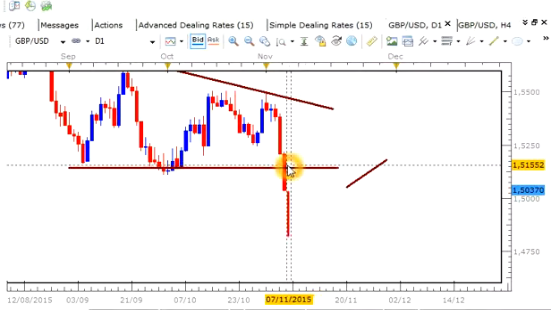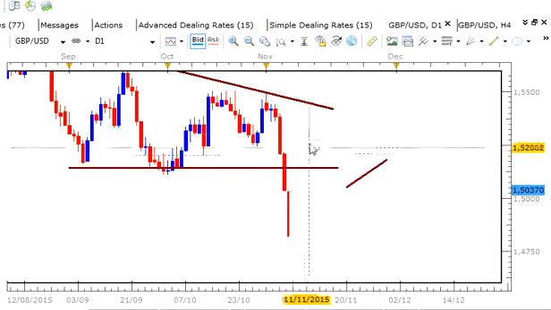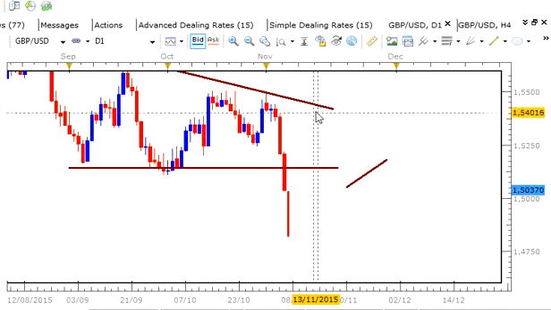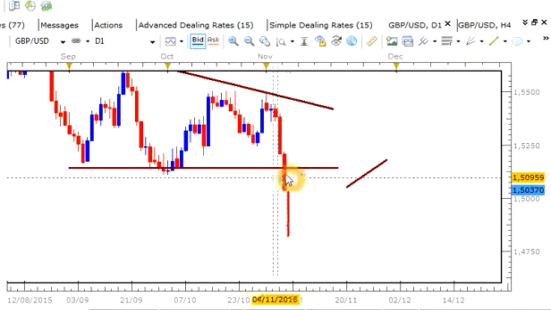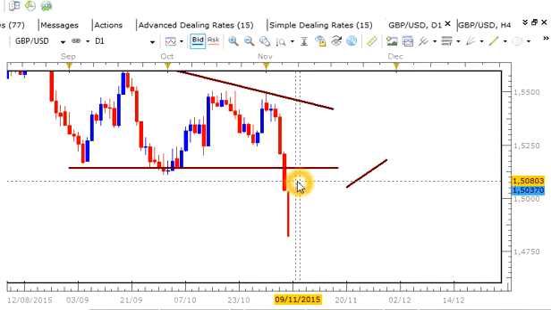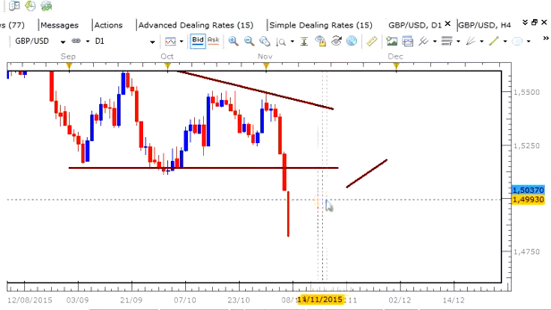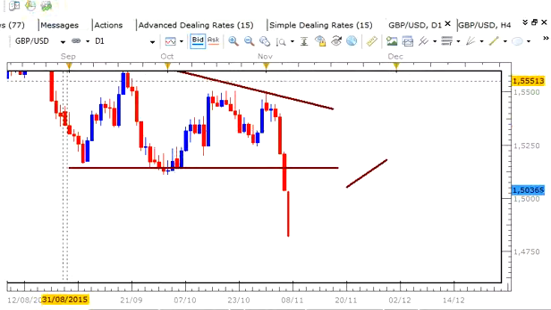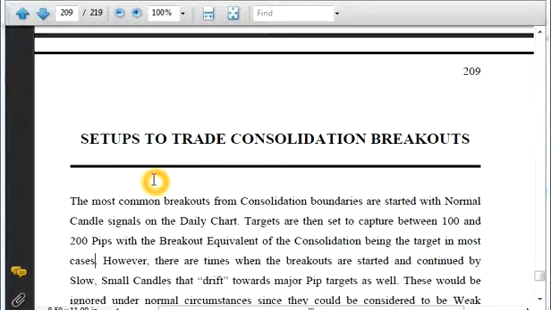As I said before, it is possible for the market to reverse and take us back inside of the consolidation, but given the distance by which it has already broken the support boundary, focusing on the bearish scenario is the better choice right now. Now, let us, for the time being, assume that the market is going to continue in the bearish direction below the support boundary. The next step would be to